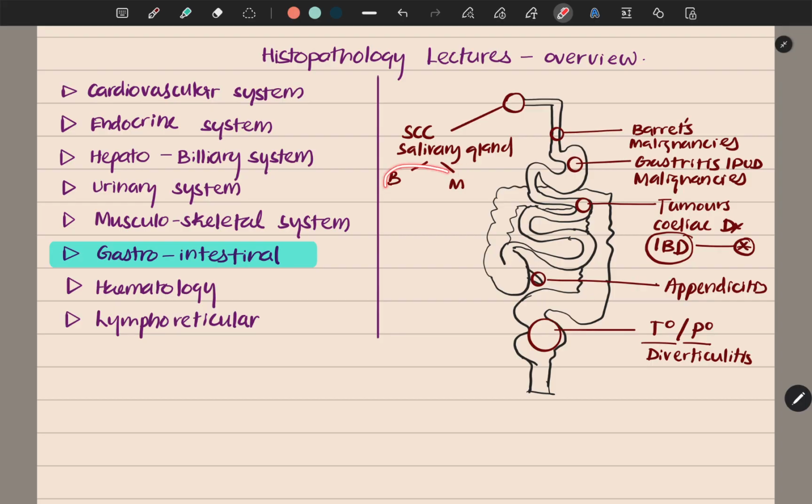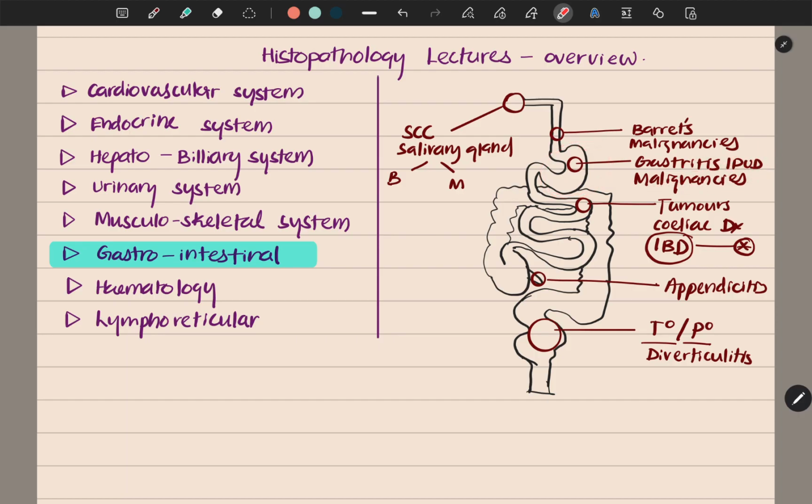So there were tables and all those things in the lecture notes. Please go through those. This is a little bit of an important area. And then when going into the esophagus, we talked about Barrett's esophagus, one of the important topics, and then the malignancies of the esophagus. Then when we went into the stomach, we discussed chronic gastritis, peptic ulcer disease, and